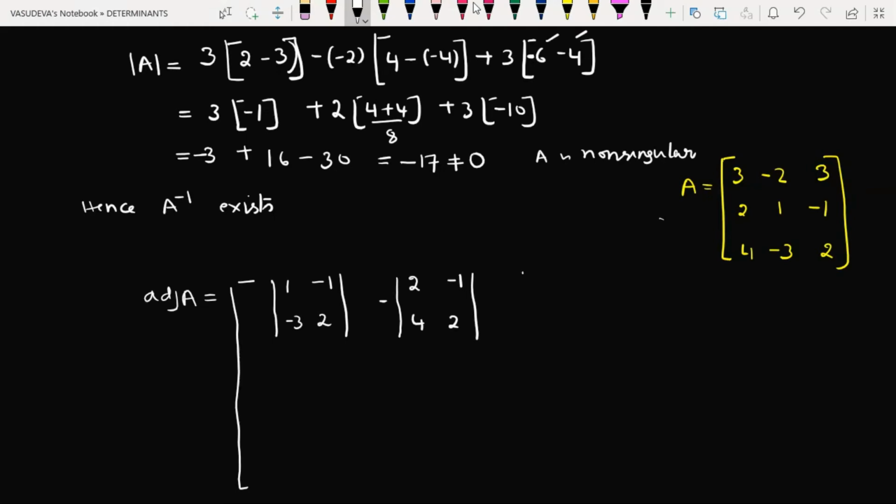and plus the determinant of, here we have to take the cofactor of 3. Cofactor of 3 is 2, 1, 4, minus 3. Now the first row is over. Let's take minus the determinant of, we have to take the cofactor of 2 now. Cofactor of 2 is obtained by eliminating the second row and the first column. So the remaining elements are minus 2, 3 and minus 3, 2,